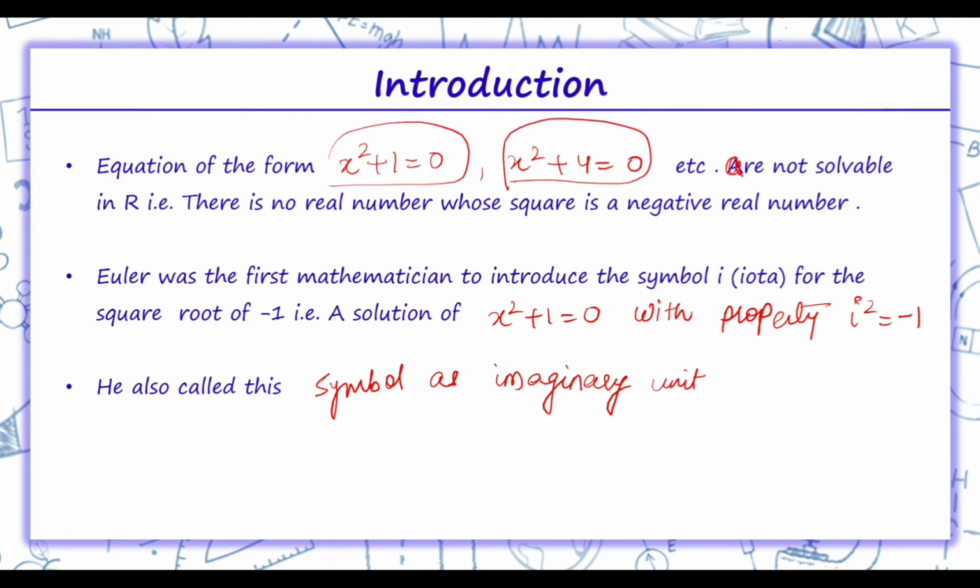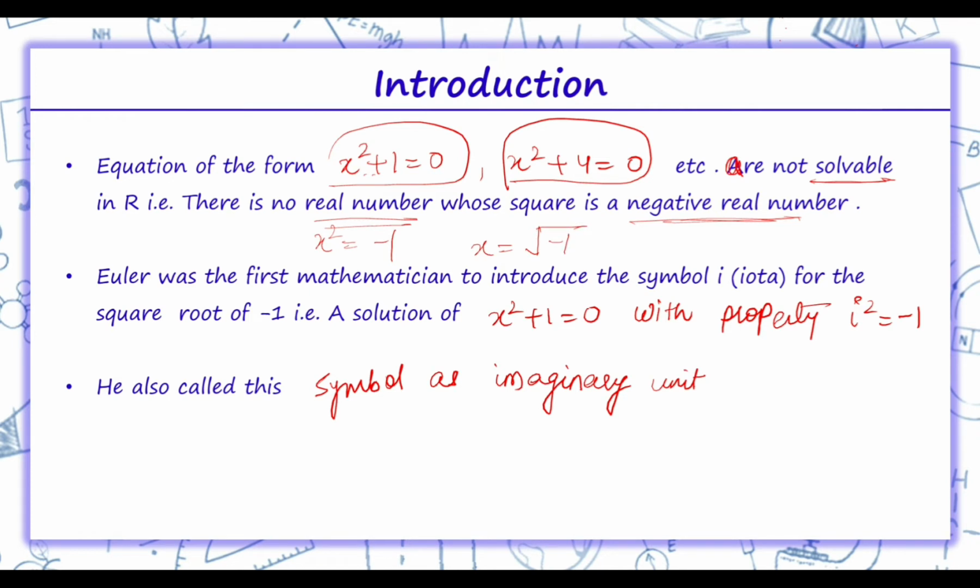x square plus 4 equals 0. These are not solvable. We cannot solve it in R. That is, there is no real number whose square is negative real number. Because when we'll solve it, we'll get x square is minus 1 and this x will be written as square